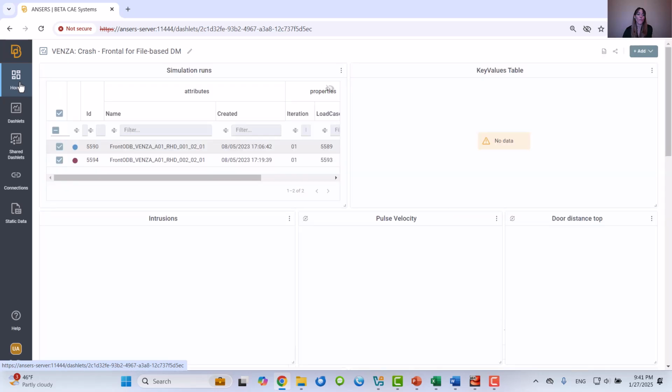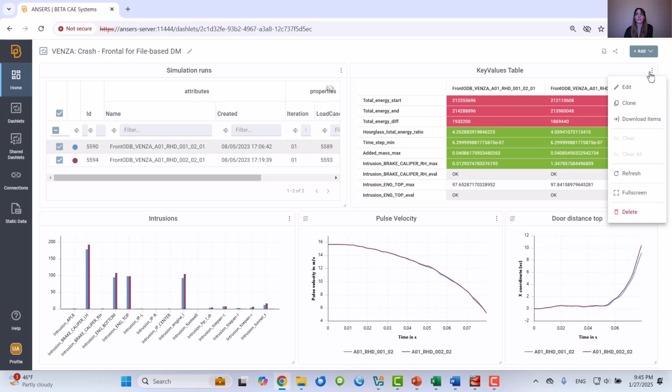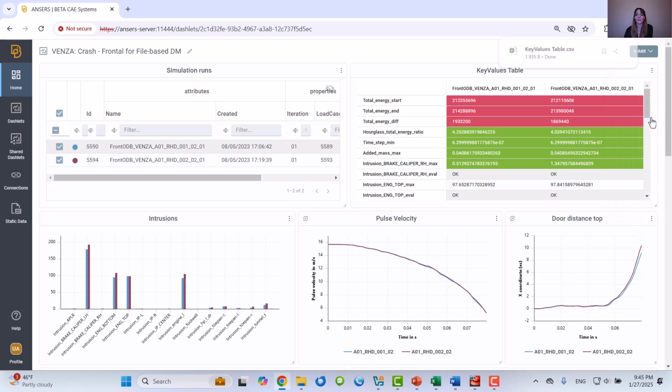And let's go back. Let me explain some additional features here. A new option is available that you can download items such as lists, tables, curves, images, and so on. And that means from the context menu of each panel, there is an option to download items.